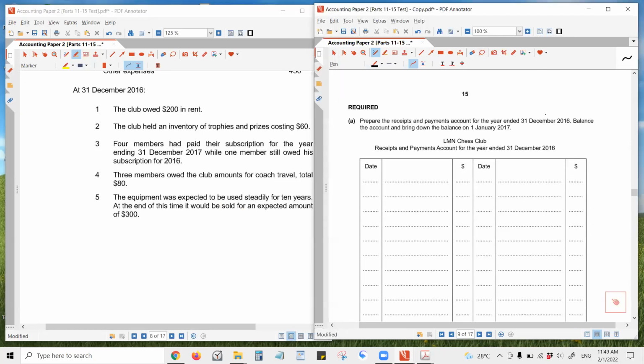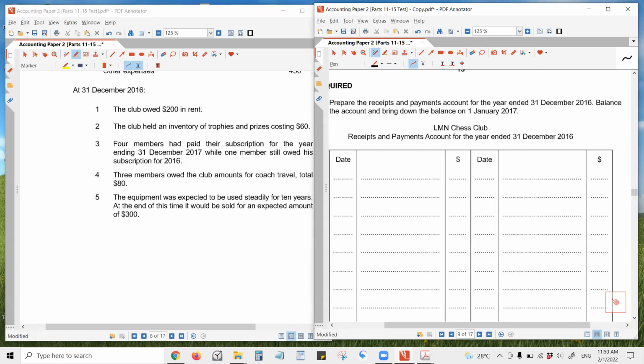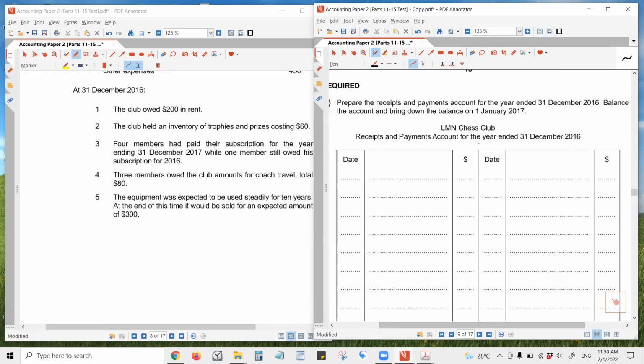So they ask us to do what? A receipts and payments account. Okay, so remember, this is used to replace the cash book. Cash book contains both the cash account and bank account, right? When you receive money, you debit it. When you make payment, you credit it. And the amounts that you show,